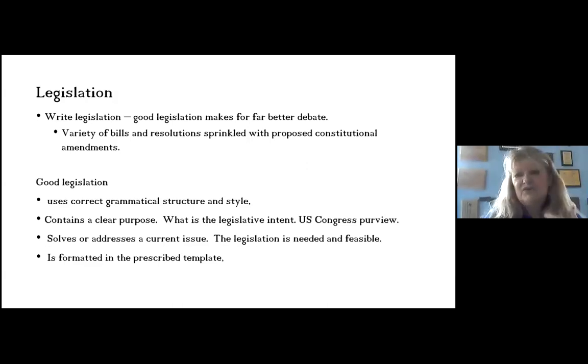So I really encourage that old ideas not be recycled too much, because we want to keep kids on top of what's current right now. We don't want them to continue to talk about whether the penny should be abolished or whatever. Yes, it's still relevant, but it's kind of an old idea, and a lot of people are just tired of arguing about it. So just try to think of things that are fresh. That really is helpful, and it does excite the kids when they can talk about stuff that they haven't talked about over and over and over again.